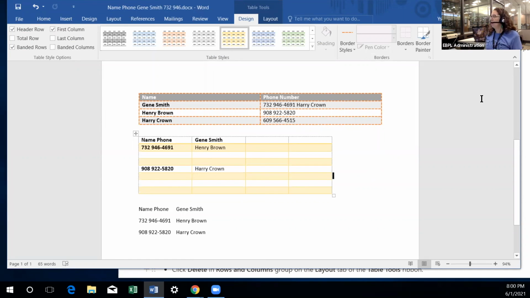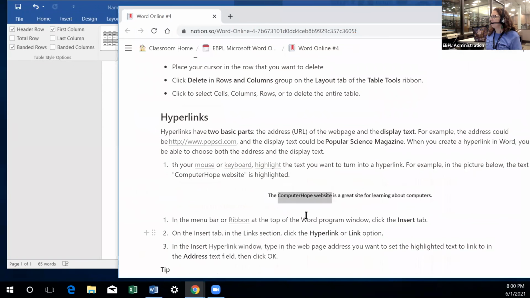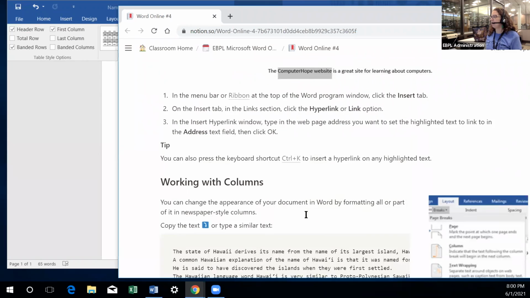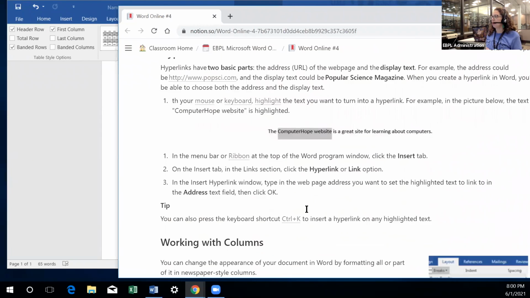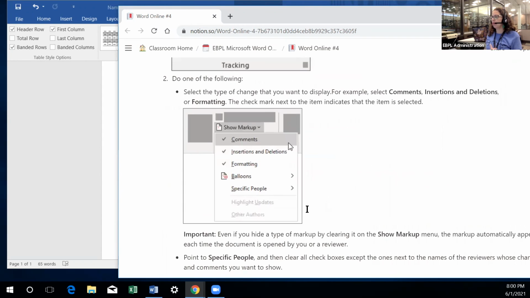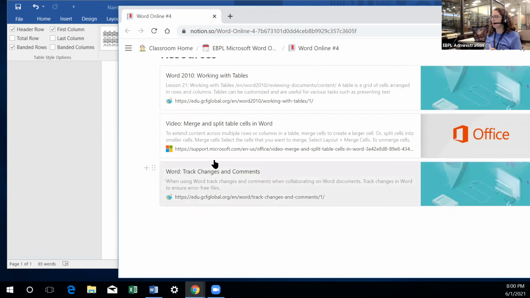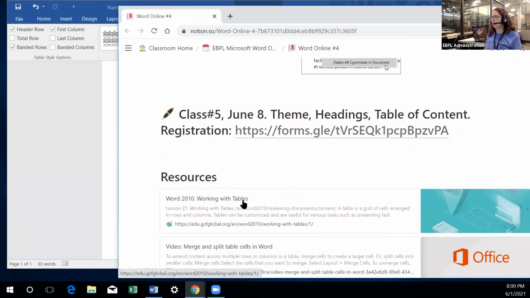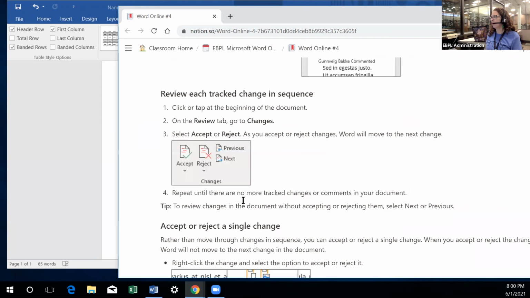And so that's all we have time to do. I have placed more information here if you want to try to follow all this, any other information. I have videos at the bottom that can help guide you to learn more, but I think tables are extremely important and useful